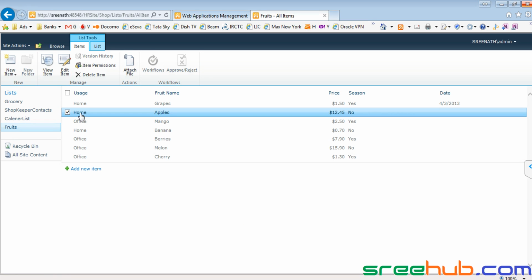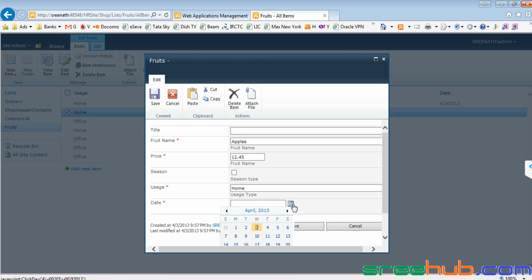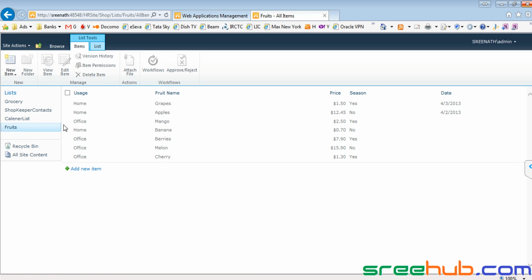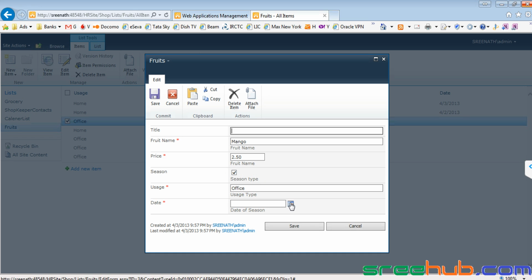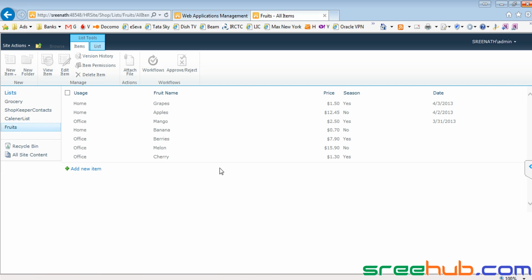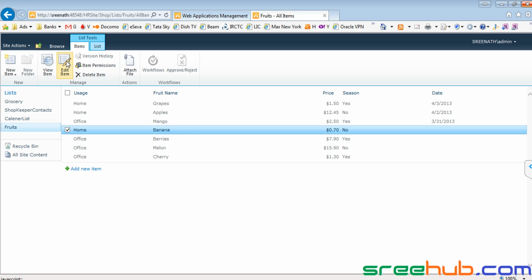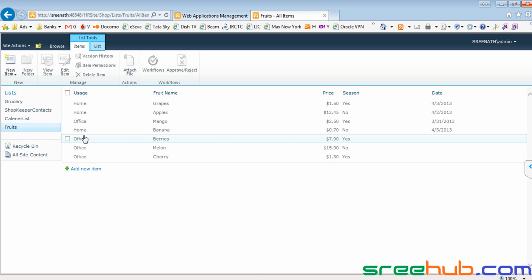Let us go back to another one, edit item. Let me give the previous day's date. And the same way go back here, edit item. Let me give some other day, like the day before, save. Again, go back to one more here, edit item. Let me give the same date as today. Let's save. Go to office, edit item.